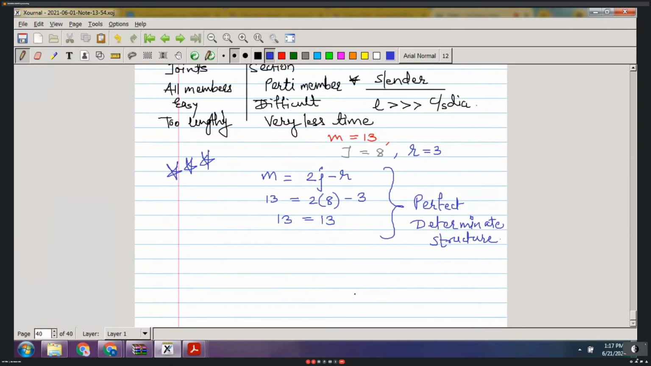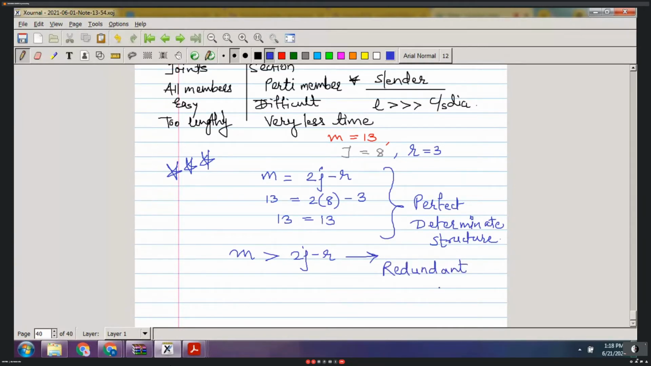Now remember that it can be a case that in my truss, the number of members provided can be more than 2J minus R. Sometimes some additional member is provided in the truss, which is not actually required to keep the truss a perfect truss. It is giving one more, additional member. One or two, I don't know, but minimum one. So such a type of truss is known as